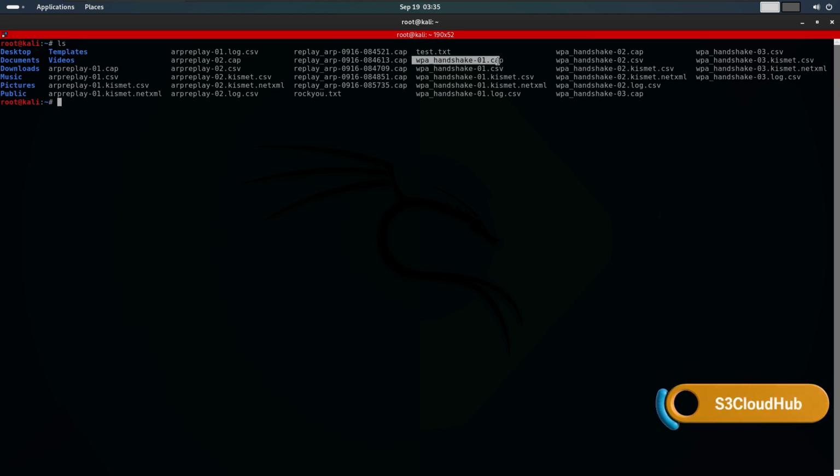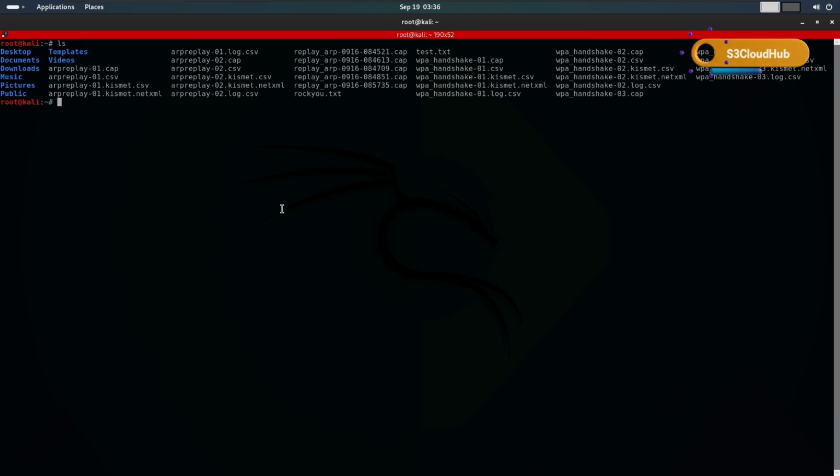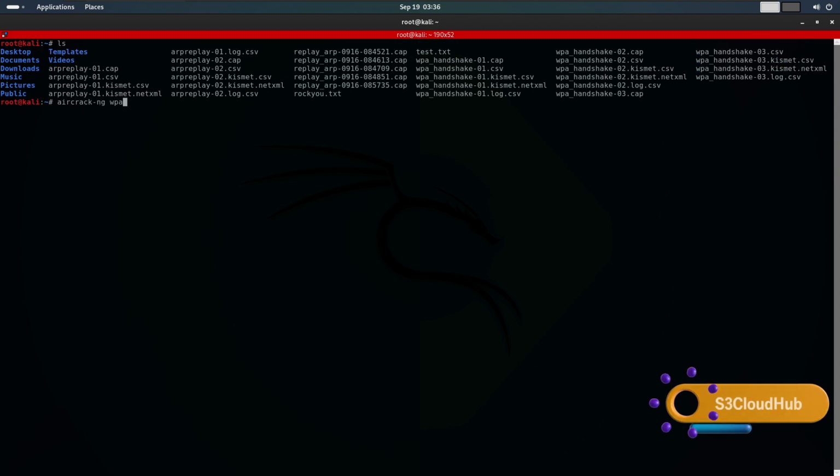I also have the WPA handshake01.cap file in my home directory. You will see both the word list and the handshake file. Running Aircrack-ng now, we are ready to run it. We'll type the command aircrack-ng followed by our capture file name, WPA handshake01.cap. Since this is a WPA2 network, we have to specify the word list using the -w option, like this: aircrack-ng WPA handshake01.cap -w